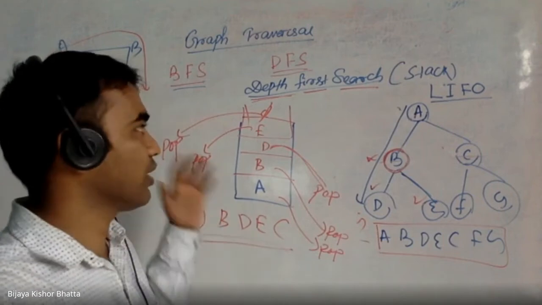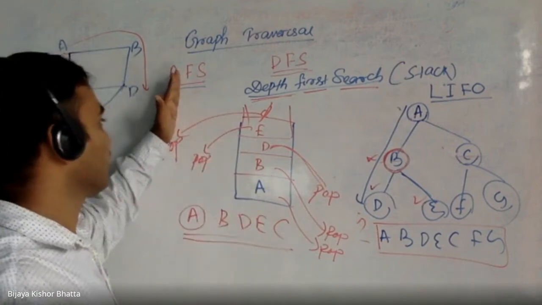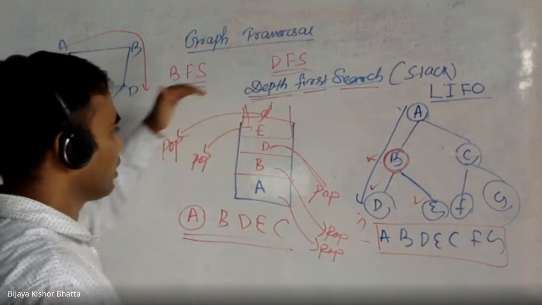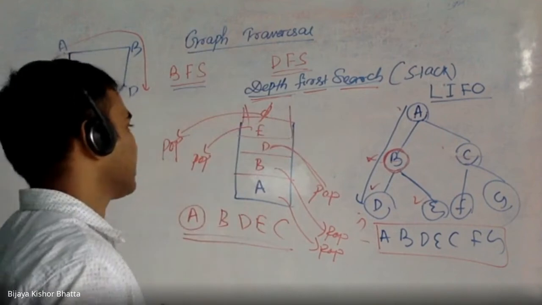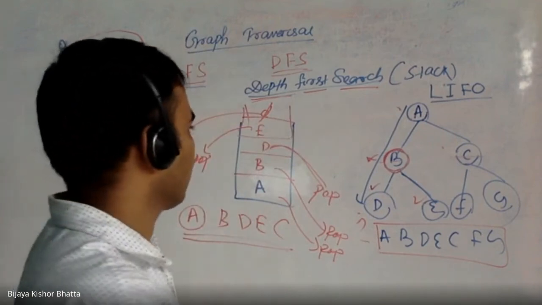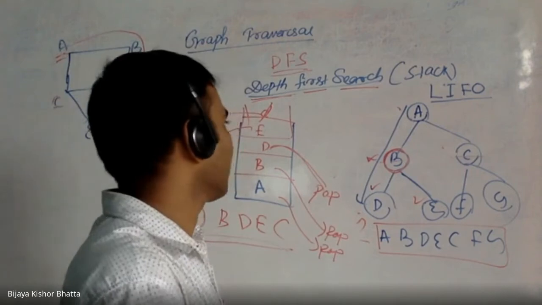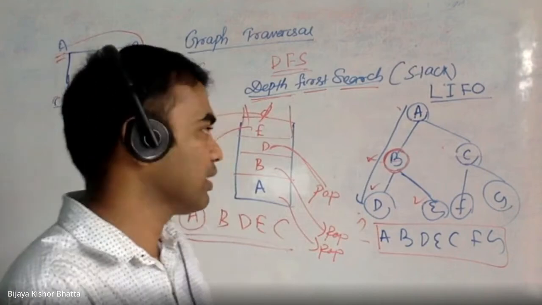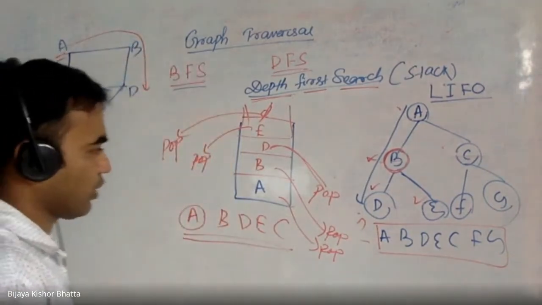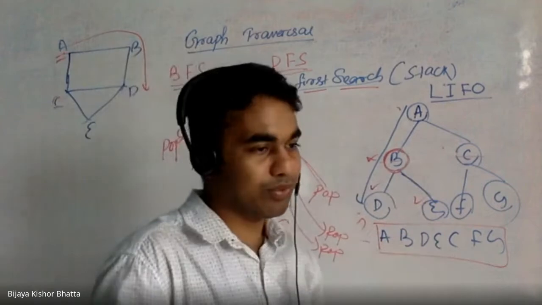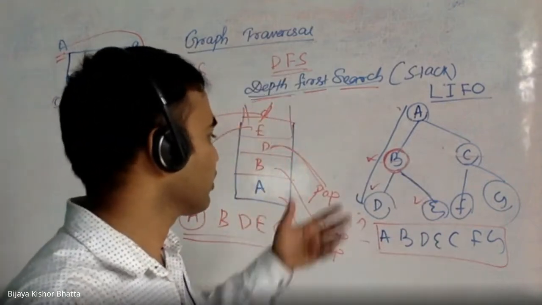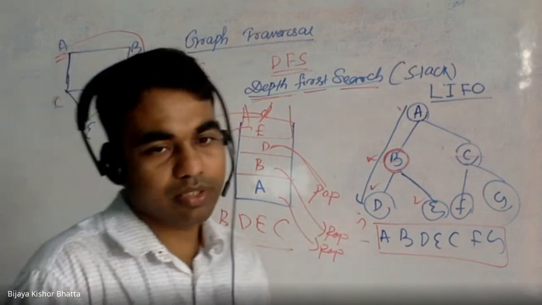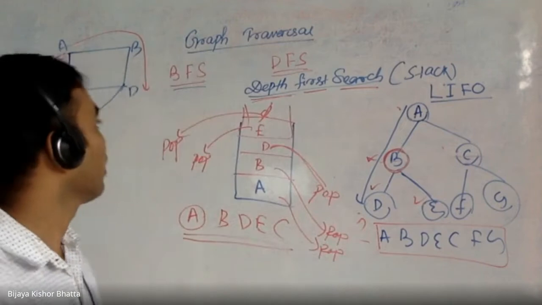BFS also we talked about. The basic difference is that BFS works breadth wise, while this works depth wise. This uses a queue, this uses a stack. That is the basic difference. If you look at backtracking purposes, DFS is the right approach to use. Whenever you are solving a puzzle or doing pruning, that kind of problem can be solved using DFS. Okay, that's all for DFS.